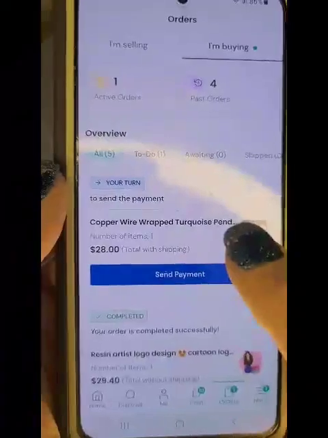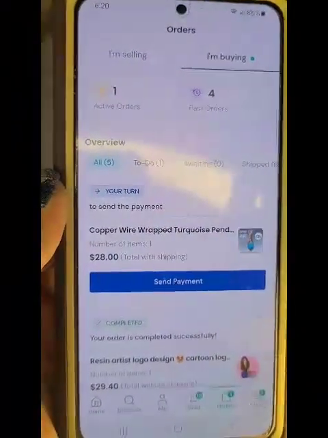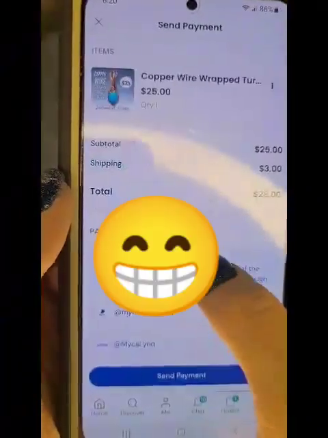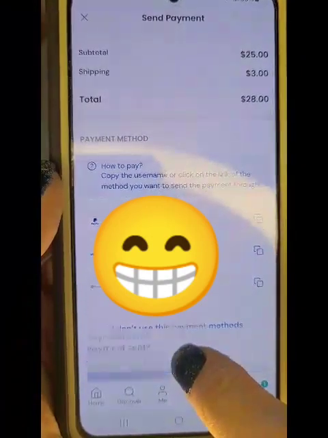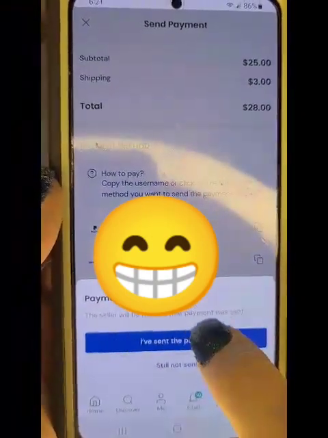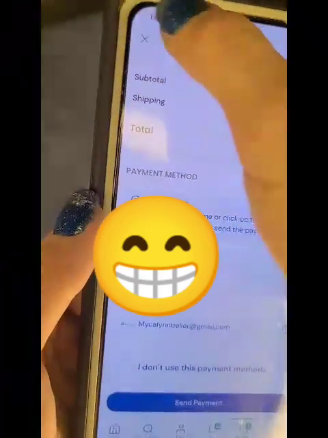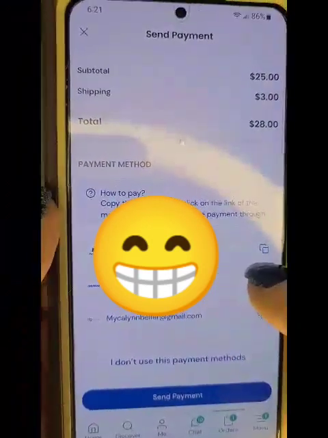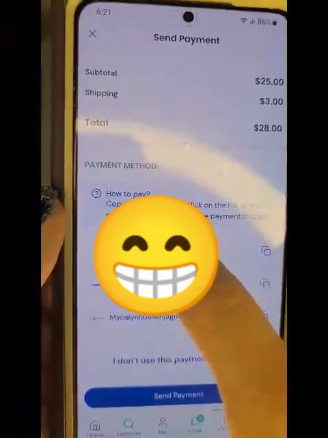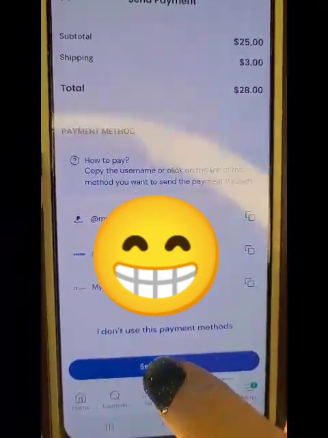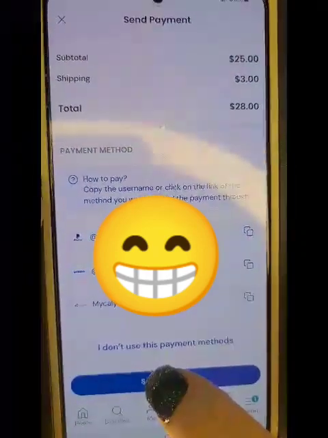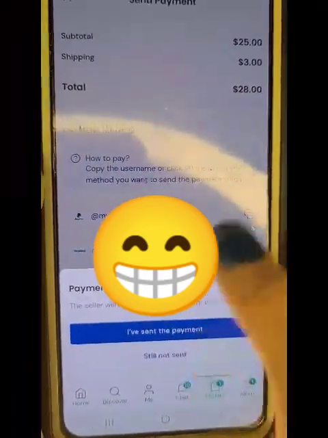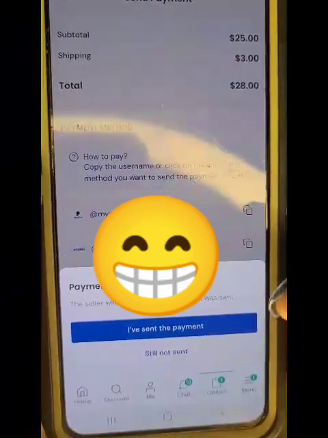Now, forgive me, I go back and forth because I'm trying to remember if I actually confirmed that I sent payment, and I also don't want to resend payment and confuse her. So if you've done that, you will click that I've sent payment. As again, you see I get confused. But you send a payment in this screen after you have copied and pasted whatever you're using, whether it's PayPal, Venmo, whatever you decide to use as your payment method. You'll come back to this screen, click sent payment, and then click I sent payment, and it'll take you to the next step,